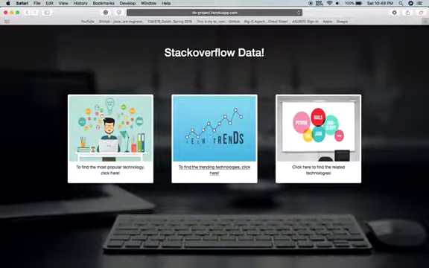We have deployed our web app on Heroku. Let's see the first visualization.